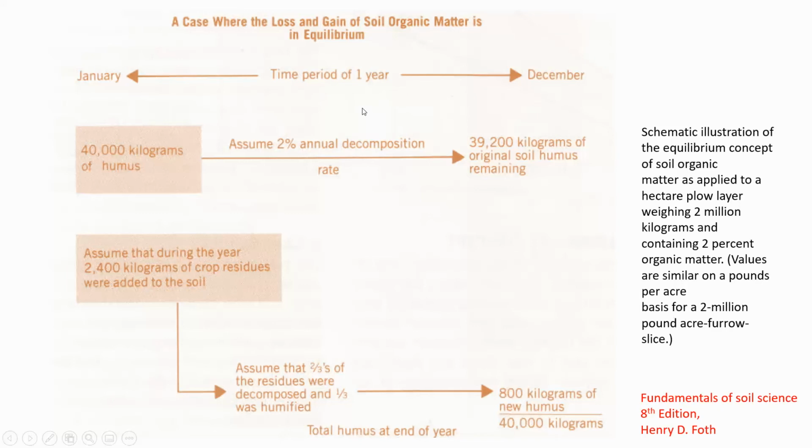What we will do here is add 40,000 kilograms of humus, and we assume that the annual decomposition rate is 2%. हमें ये मालूम है कि हमने 40,000 किलो ह्यूमस आप सॉइल में ऐड कर रहे हो, और आपको पता है कि वहाँ से 2% के रेट से डीकम्पोजिशन हो रही है, डिप्लीट हो रहा है। जब 2% के हिसाब से डिप्लीशन होगी तो पीछे क्या रह जाएगा आपके पास? 39,200 किलोग्राम ऑफ द ऑर्गेनिक सॉइल ह्यूमस रिमेनिंग।